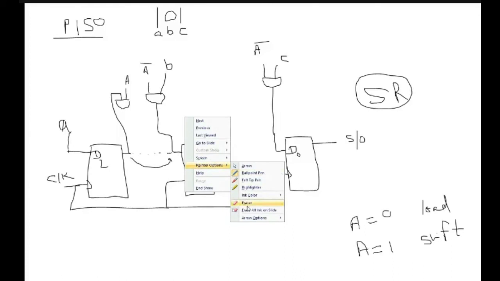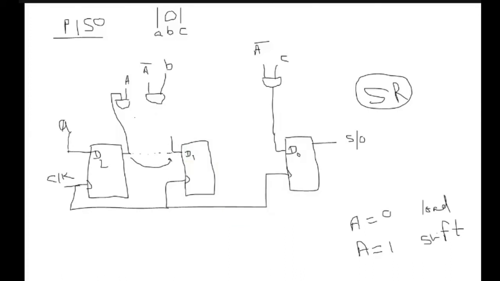So now I'm slightly modifying the circuit, and we will be using an OR gate here, whose output will be connected to D1. So now you can say when A is equal to 0, shifting is not there, only loading will be there. But when A is equal to 1, Q2 will be connected to D1, Q1 will be connected to D0, and this will be performing both my loading and shift operation. So this is an example of PISO, parallel in serial out, where we have considered an input A to see whether we want to go for data input or we need to go for shift operation.